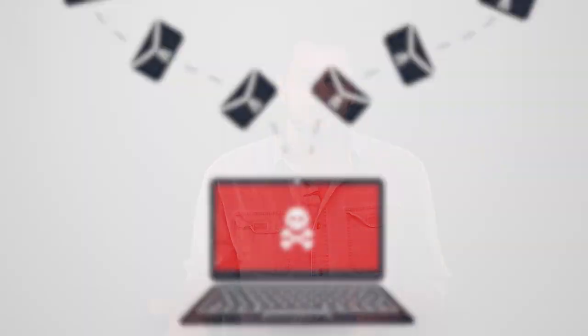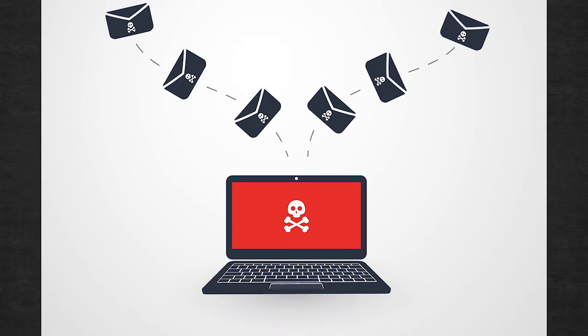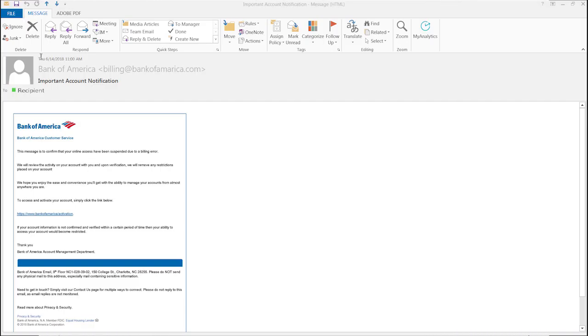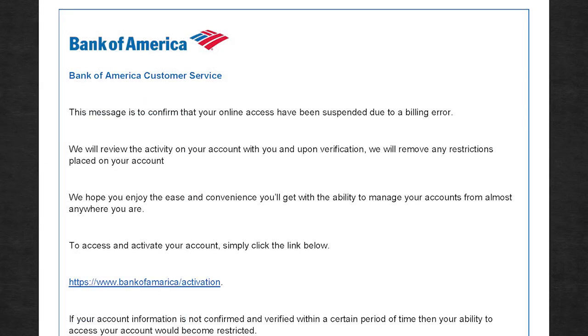Now, the most common way of getting this done is through email, because it's a very commonly used avenue of communication, and it allows criminals to throw their nets wide. Now, here's an example of what one of these emails might look like. For the most part, everything seems legit at first glance. They've even gone to the trouble of using the logo for a well-known bank. They use language to make you think there's a problem with your account that has to be cleared up by